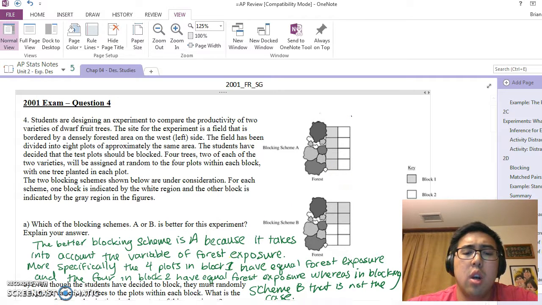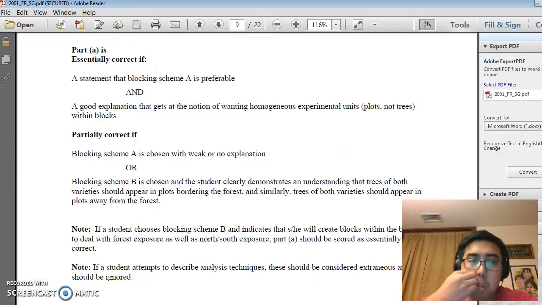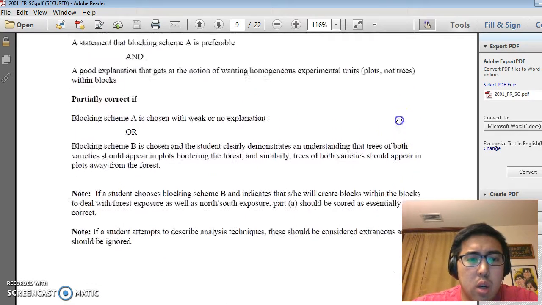So notice they said trees, not plots. So if you said trees, that's a problem. And since I said plots, I think I should be okay. All right. So let's take a look at